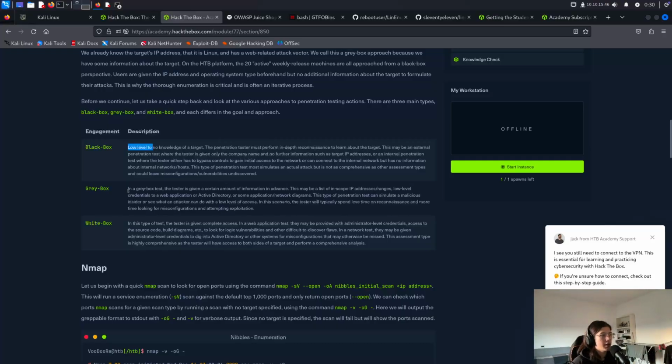In a gray box test, the tester is given a certain amount of information in advance, as in this case right now. This may be a list of in-scope IP addresses, ranges, low-level credentials to web applications or Active Directory, or some application network diagrams. This type of penetration test can simulate a malicious insider or see what an attacker can do with a low level of access. In this scenario, the tester will typically spend less time on reconnaissance and more time